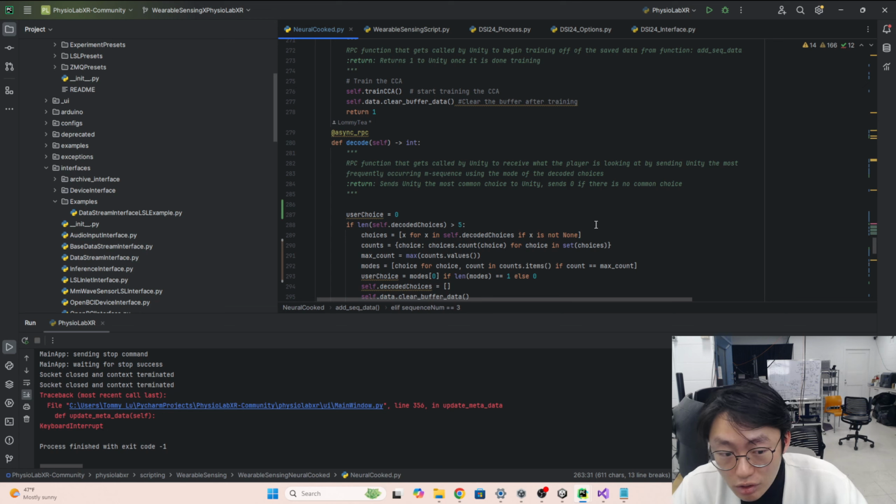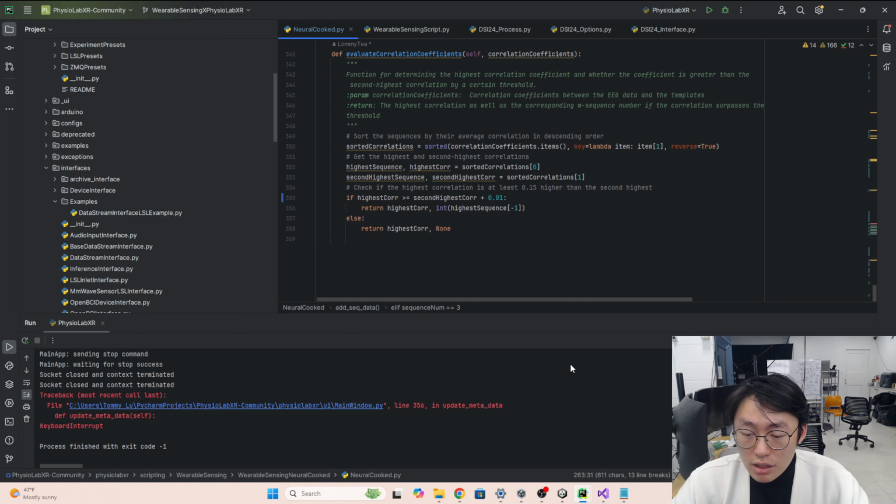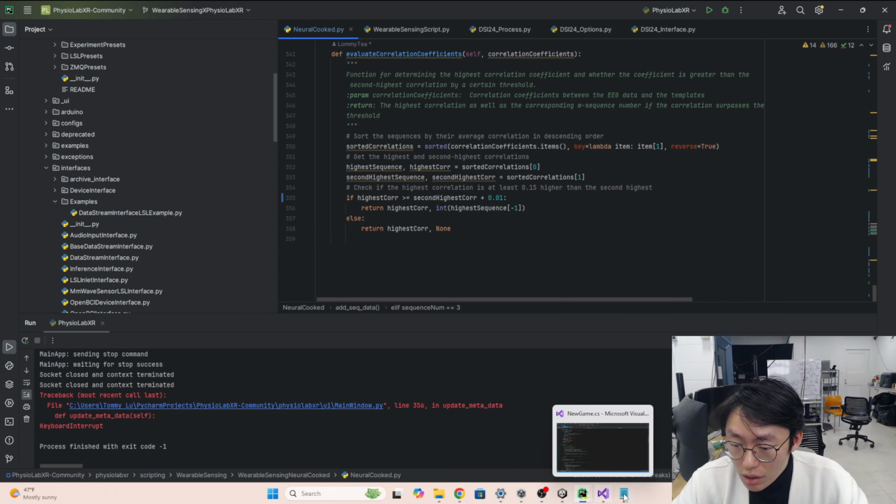For this game, it will be a continuous decoding. And then we'll just use the mode, or the most common decoded choice, as what the user used. And that's pretty much how it's going to work here. So I'll just move over to the